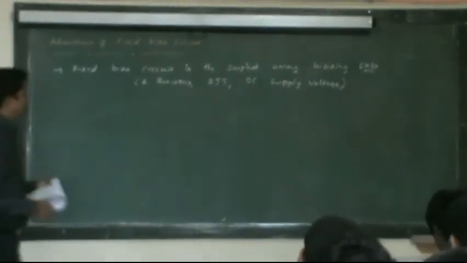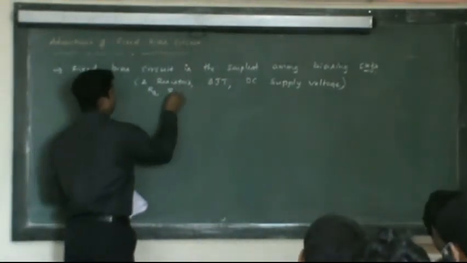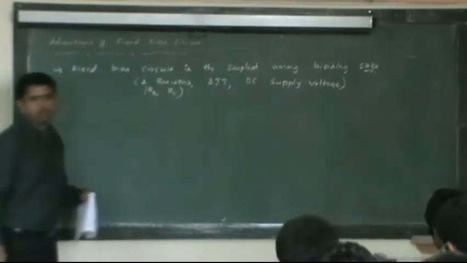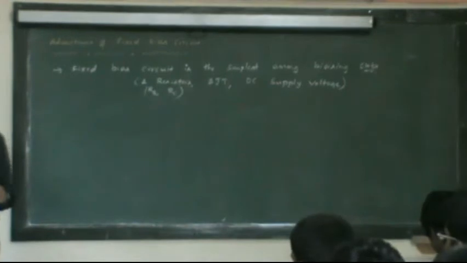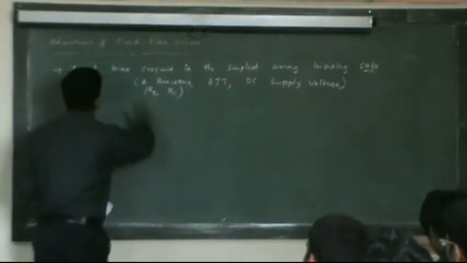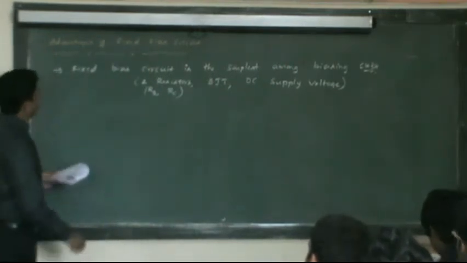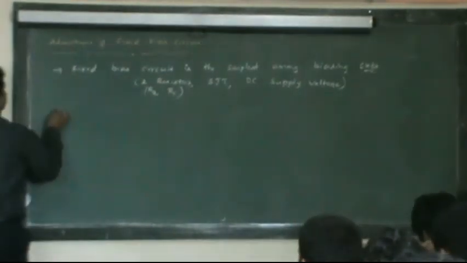Having these components, the two resistors are nothing but RB and RC. Having this, you can rig up an amplifier. This is simple: two resistors, one transistor, one DC supply. Enough, you can make an amplifier. But of course, this circuit has got many drawbacks also. We'll explain that. So you can take it next as disadvantages of fixed bias circuit.